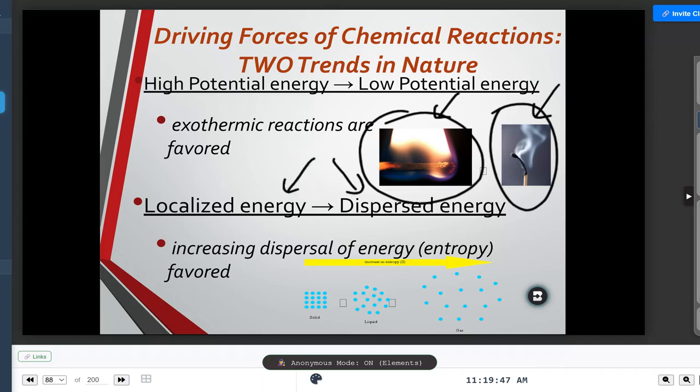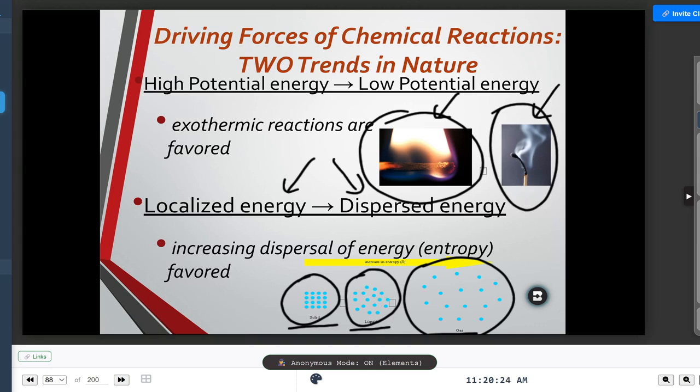So when you're thinking about that match, it's kind of an organized set of criteria that you can think of. Like all of these little molecules are in their little places. And once you burn them, then that energy gets dispersed. And so if you think about these little pictures down here, we have our solid that's turning into a liquid that's turning into a gas, okay? And you'll notice that the particles of the solid are all organized, and then they become a little bit more spread out, and then they become even more spread out. And this is the idea of dispersal of energy. Entropy is that dispersal of energy, okay?